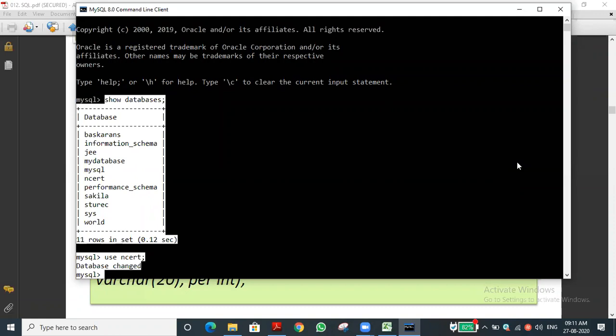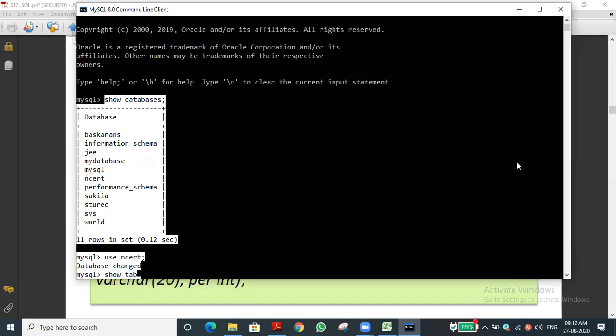Keep a note with you. Write down these commands. If you want to create a database, what is the syntax? If you want to see all the databases, what is the syntax? If you want to use the database, what is the syntax? If you want to know what tables are there in the database, what is the syntax? Please write it down very properly. That will be helpful for you, or else you cannot do it in the project. I'm not blocking you, you are getting blocked yourself. So show tables is the command to list out all the tables.